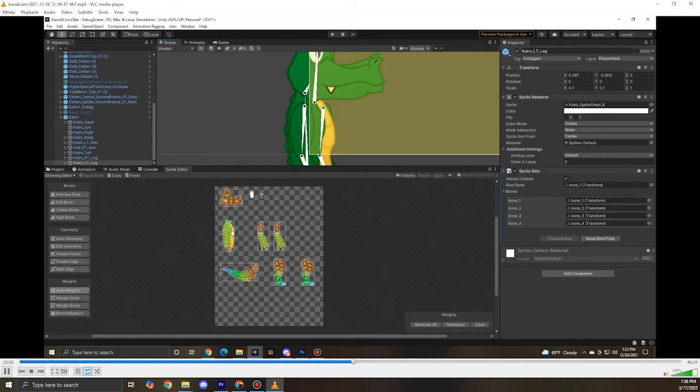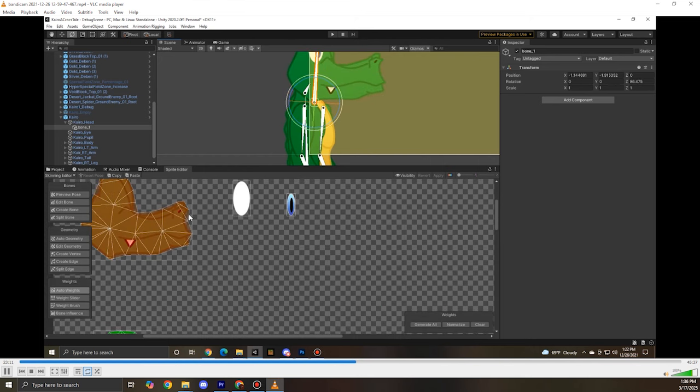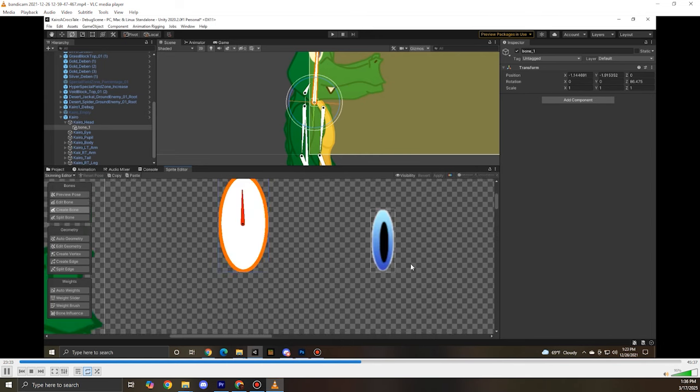You can see I do auto weights, and sometimes I edit the weights, and you can tell that by the color of some of them. And over here in the scene view, you can see where the bones are highlighted now, so they're actually in the sprite itself in Unity. I know the neck's a bit off-centered, but